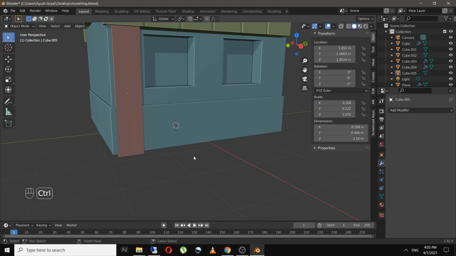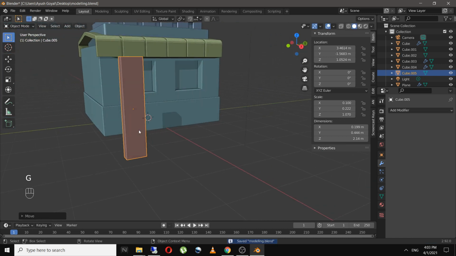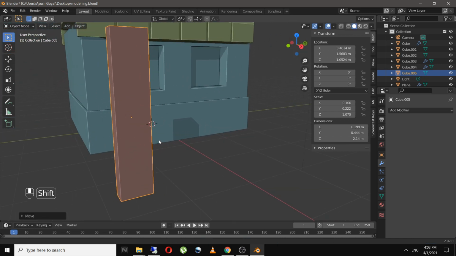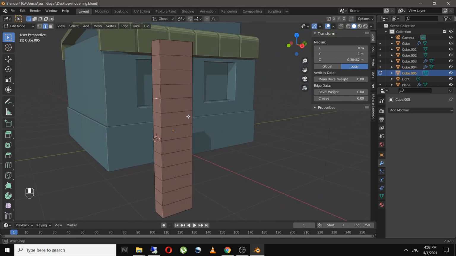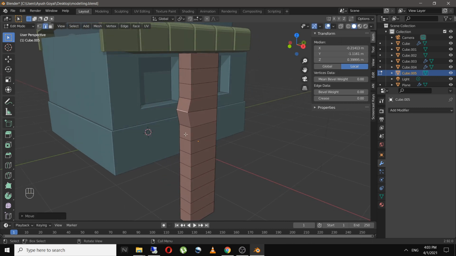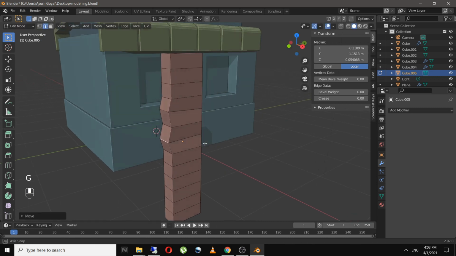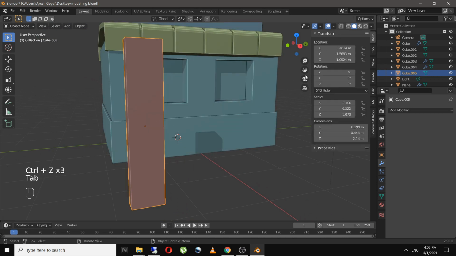So to do that, we have proportional editing. So first of all, I'll take this out over here. And in edit mode, I will add in a few loop cuts. And if I select this and move it over here, as you can see, this is very sharp. I don't want this sharp edgy look. I want it to be smooth. So for that, go in here, proportional editing, enable that and select smooth over here.